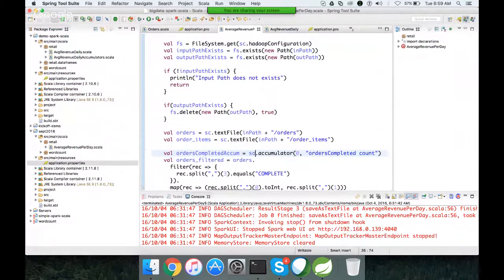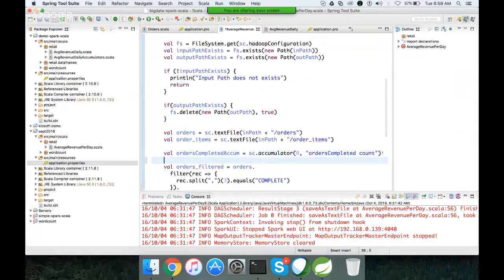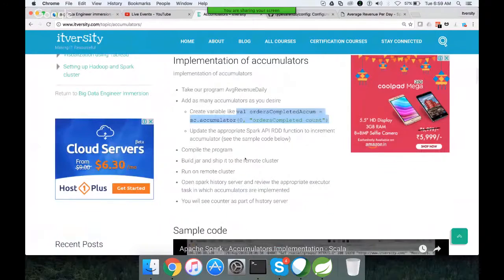So again, we are using SC. Okay. We have already seen sc.textFile, we have seen sc.hadoopConfiguration, and now we are seeing sc.accumulator, and in future we will see a few more things such as sc.broadcast. So not only for reading files, SC provides many APIs to control how your MapReduce application has to run. Okay. So here I have created the variable orders completed accumulator, and then